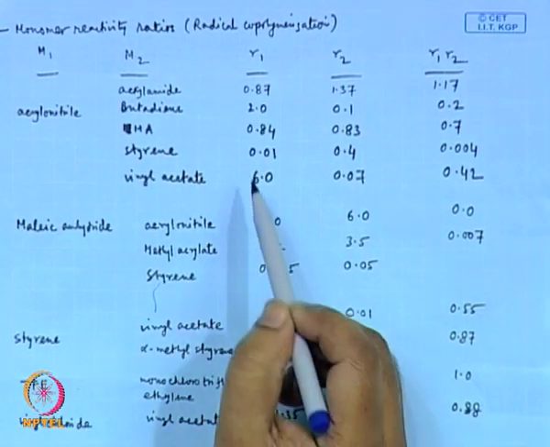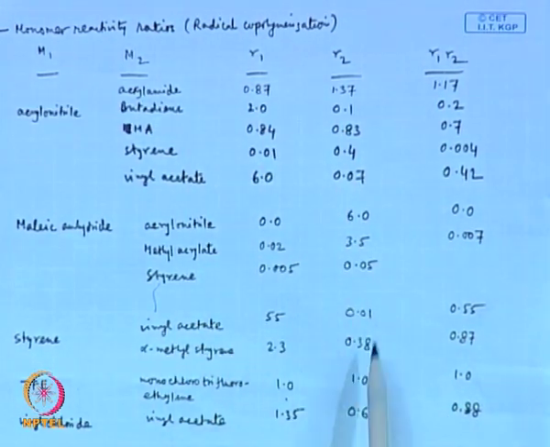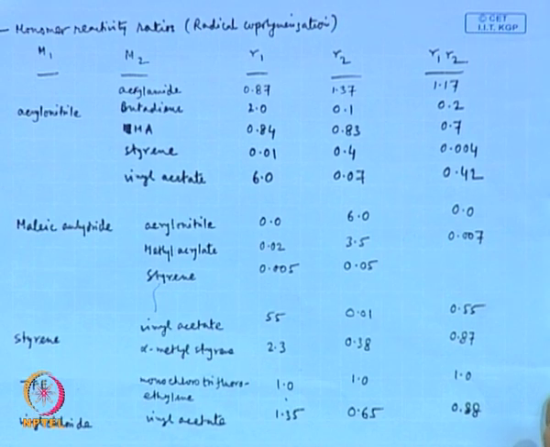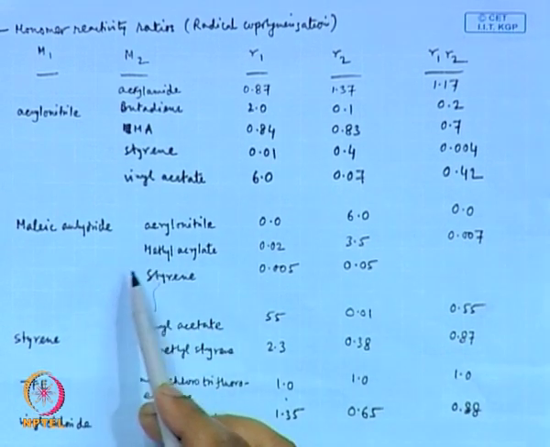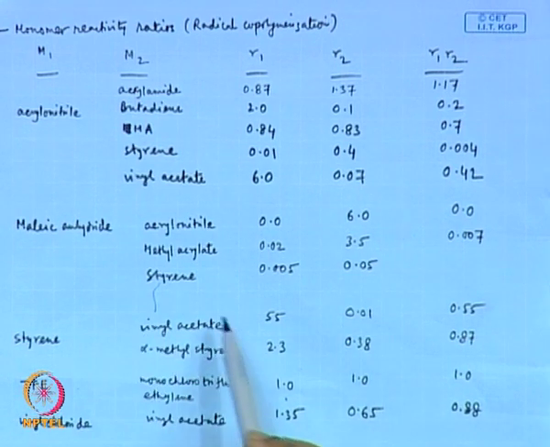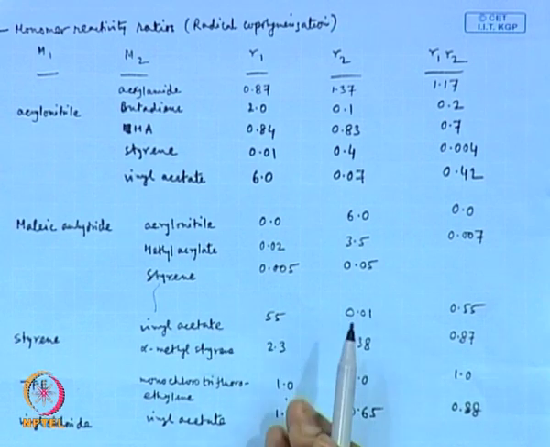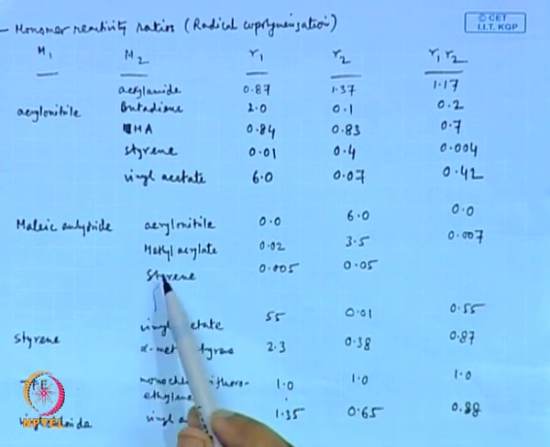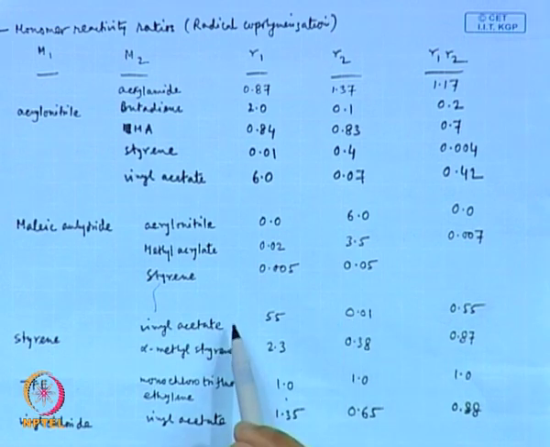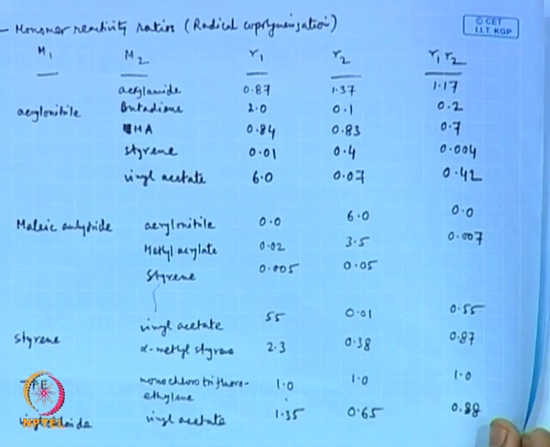So, basically you can get these r1 and r2 numbers from any standard literature, and from there you can compare these r1, r2 values and their product to get an idea about the reactivities of the different monomers and the resulting copolymer, the nature and microstructure of the copolymers from a definite pair of monomers, and the possible drift in the copolymer composition from these values of r1 and r2.